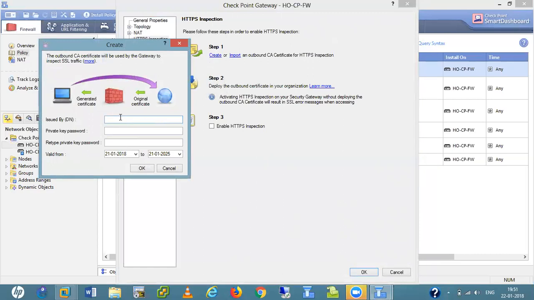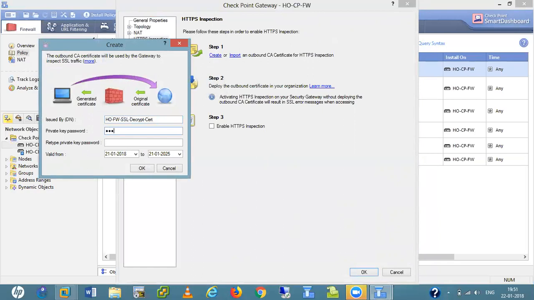Here I give the name head office firewall SSL decrypt cert. Now here I give the private key password.